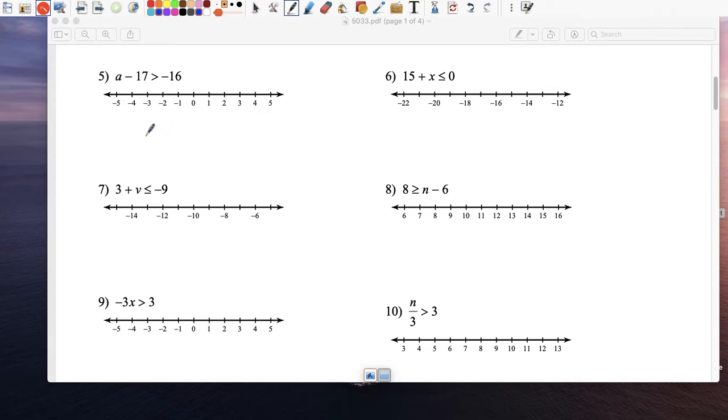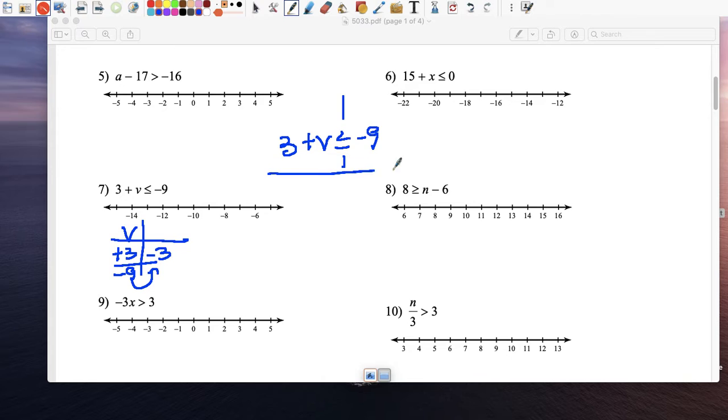7. Okay, let's do a story. V is my variable. We add 3, and that's less or equal to negative 9. So we're going to do minus 3 on both sides. So 3 plus V less or equal to negative 9. Left side, right side. Minus 3 over here. Minus 3. That goes away. V is less than or equal to